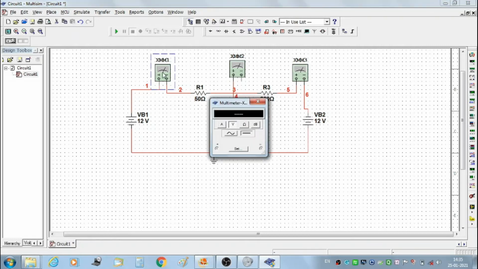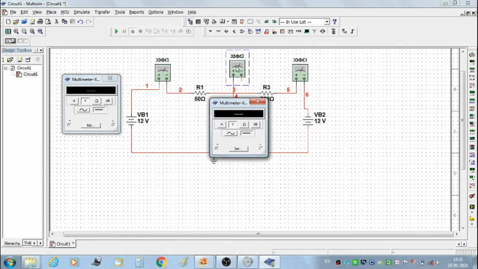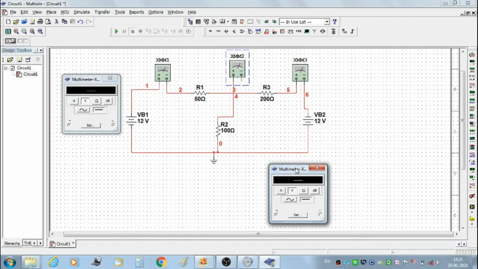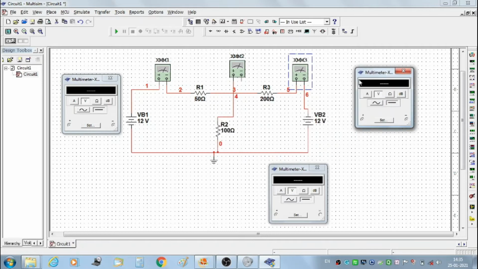Then double click on multimeter 1, it shows the display window. Similarly, double click on multimeter 2, it shows the display window of multimeter 2, and similarly double click on multimeter 3, it shows the display window of multimeter 3.